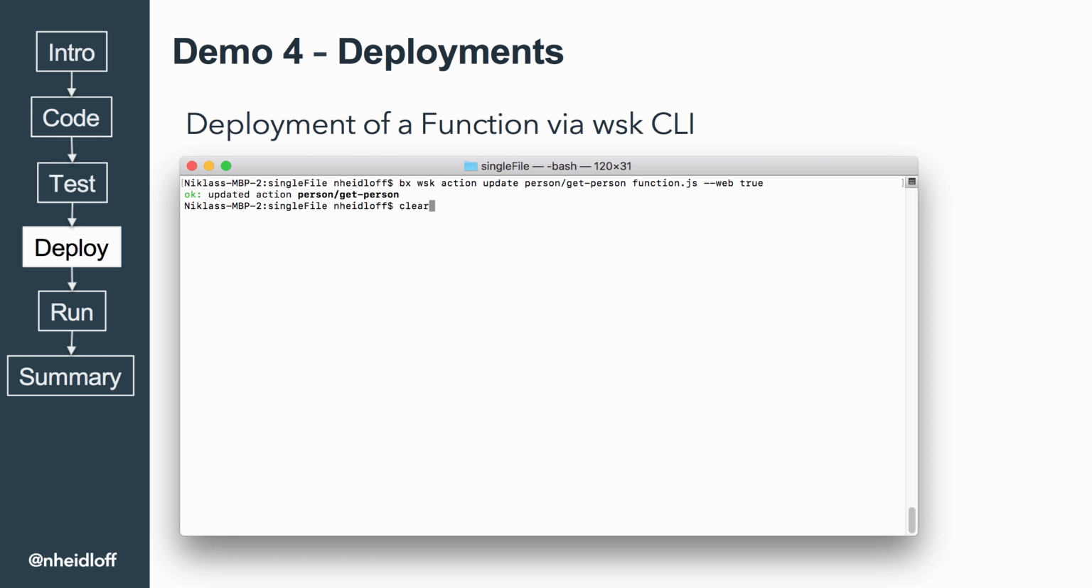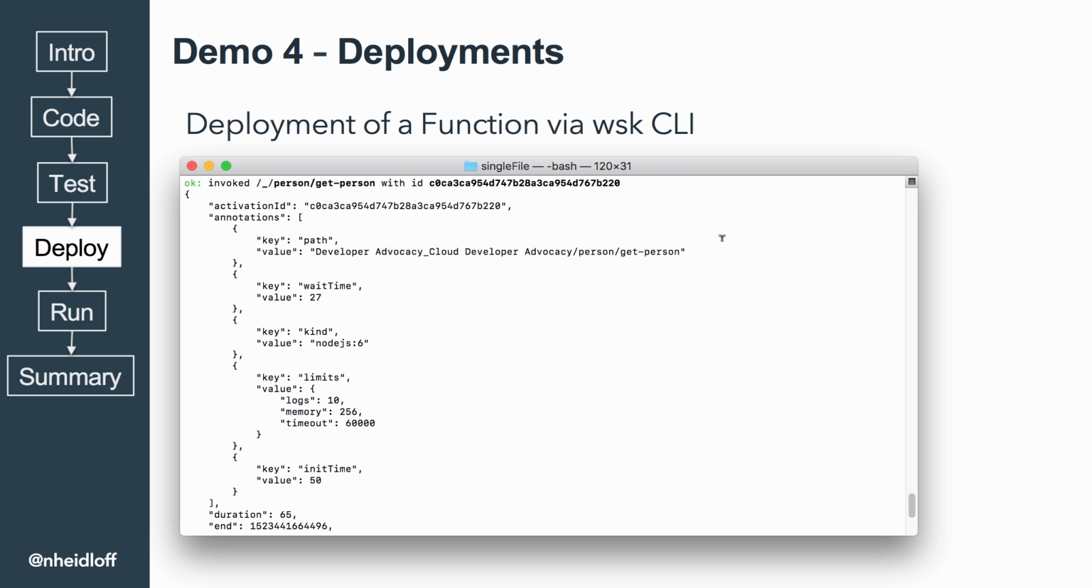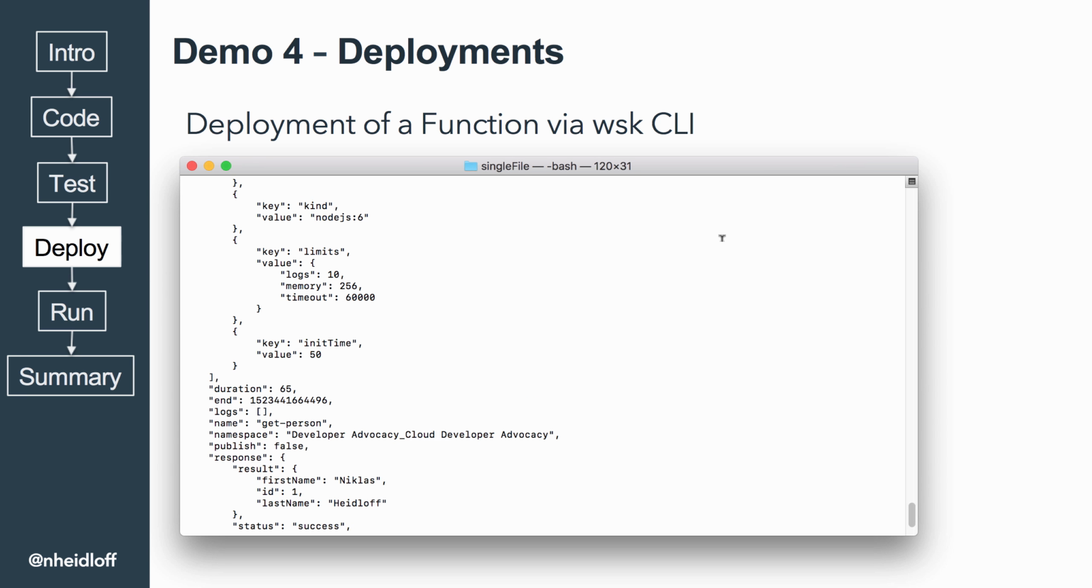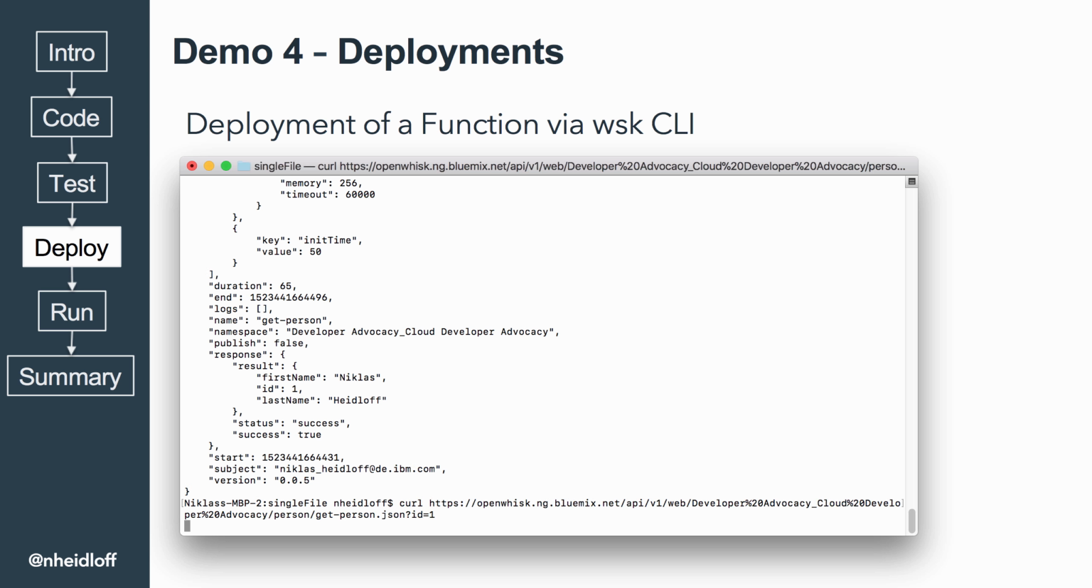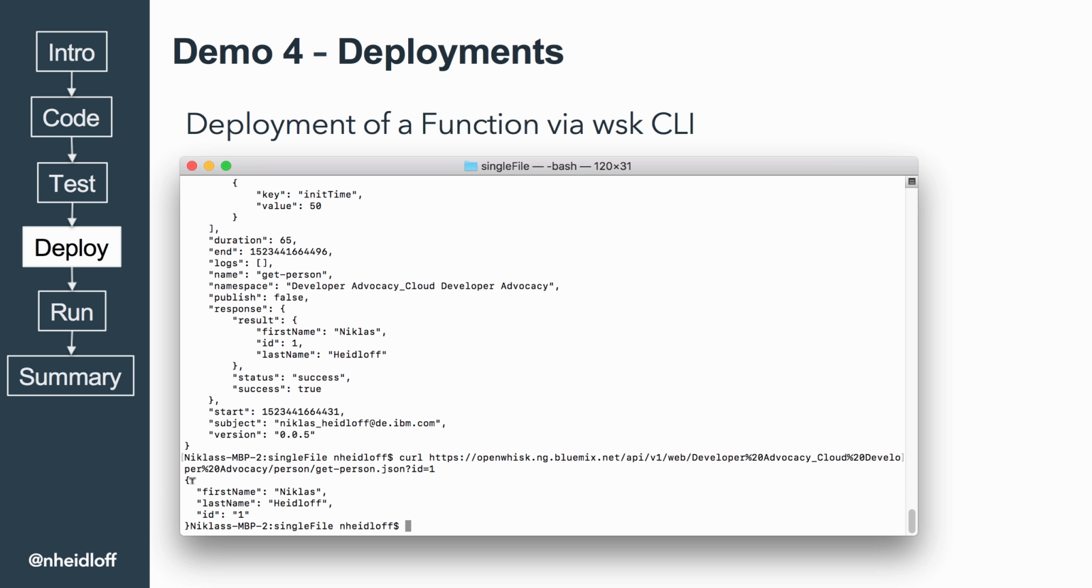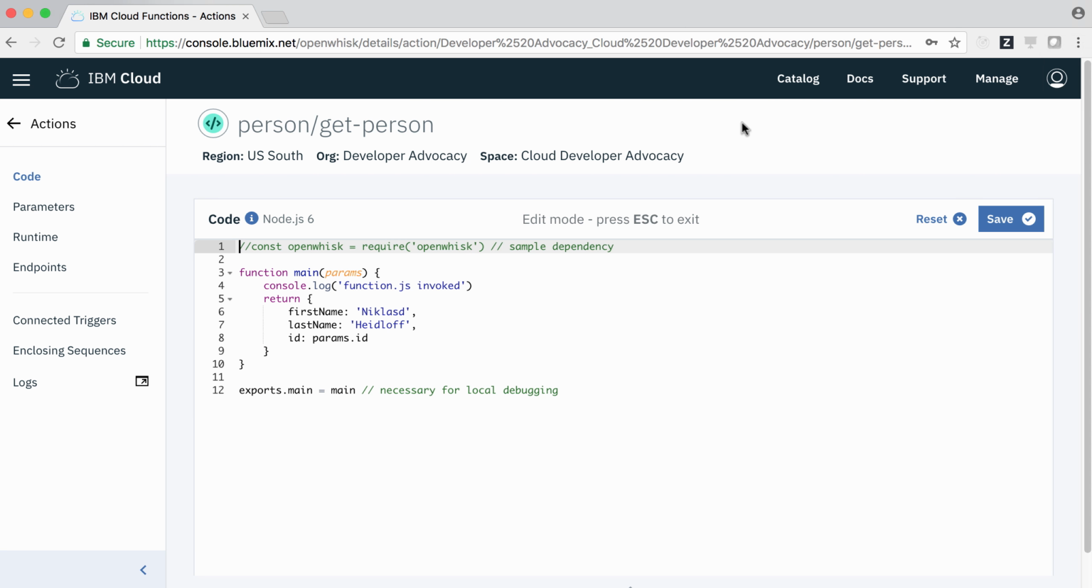I can now invoke this action using the same CLI, and I pass in a parameter, and then I get a bunch of meta information, and at the bottom you will find the actual output of our function. Since I've marked it as a web function, I can also invoke it now by curl, and in this case I only get the output of the function. Now, in order to get the URL, you can use the same CLI, or you go to our web experience,